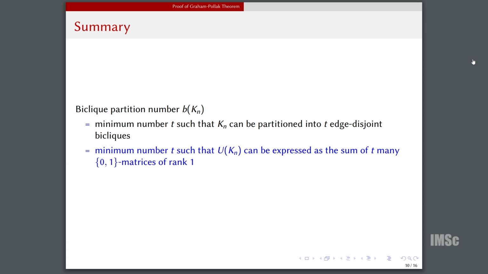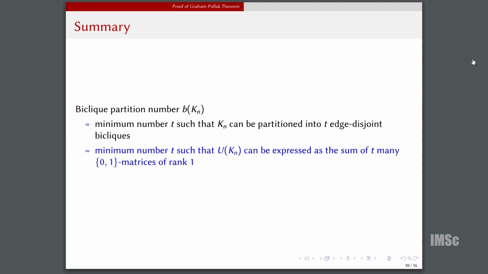And if you drop this 0 1 condition for the rank 1 matrices, what you get is the usual notion of rank. That's an exercise you should try to convince yourself of: if you drop the 0 1 condition, what you get is the definition of the rank, that a matrix has rank R if you can write it as a sum of R rank 1 matrices, and R is the minimal. So this was what was going on in this proof,